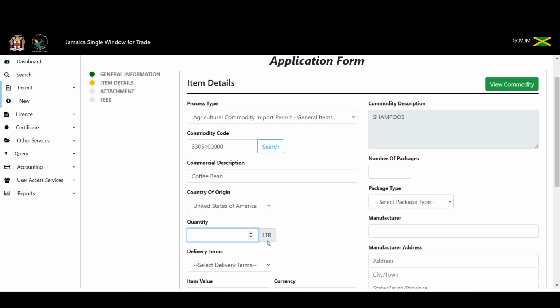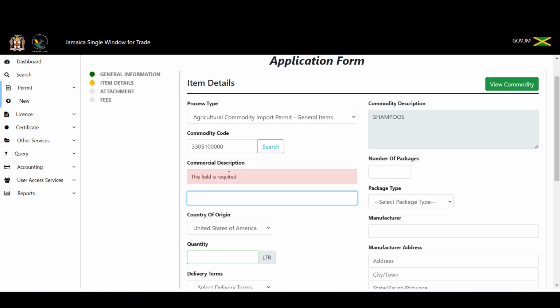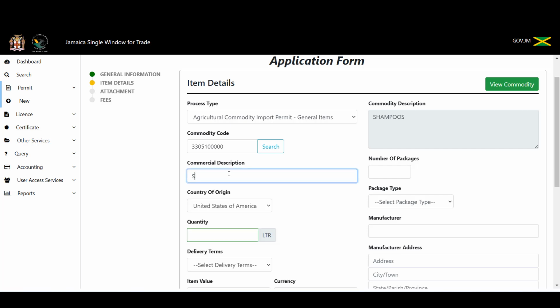It could be a counting or unit measurement, so the option for numbers, which is NMB, may also be there. But in this scenario, we are seeing liters. So it means that we must enter the total volume of liquid for the item being traded. So let me correct. All right. So we are trading shampoo, and we must also note why